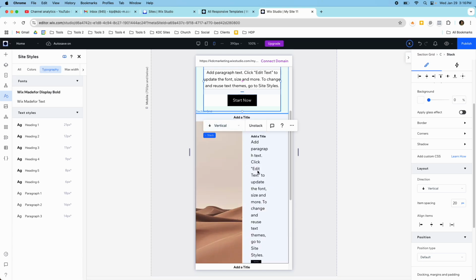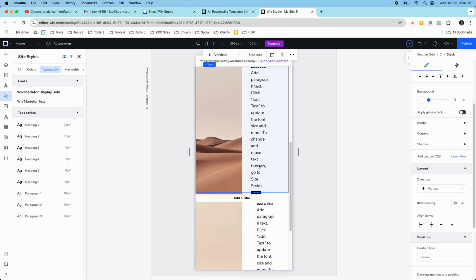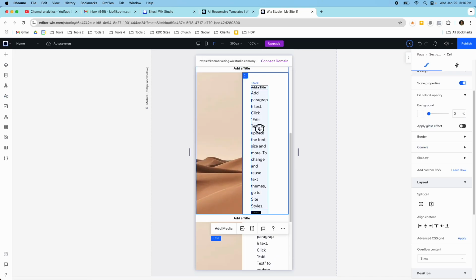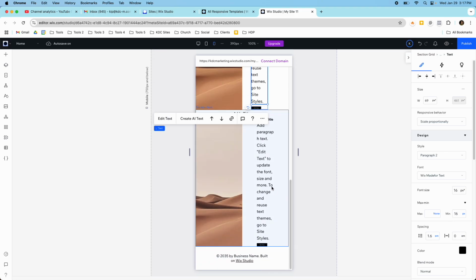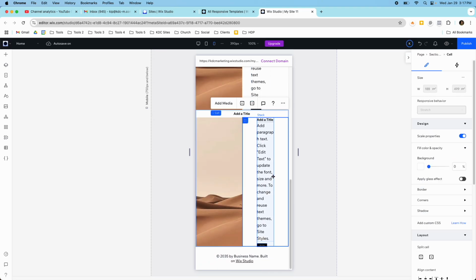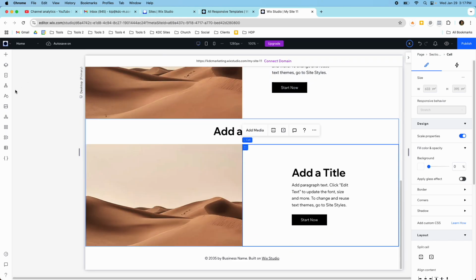Okay, so if we look at this now, you can see that even though it's not styled right, my text is maintaining the same size here because my min is set. So I don't have to go in and set this every single time now. Now it's always going to be 16, and so at least the paragraph text is set up. But I would actually recommend